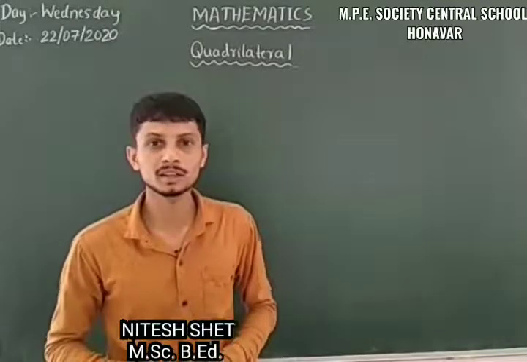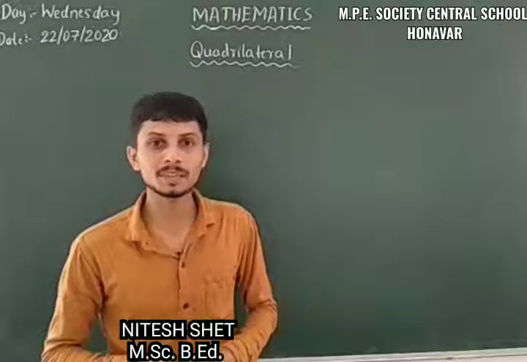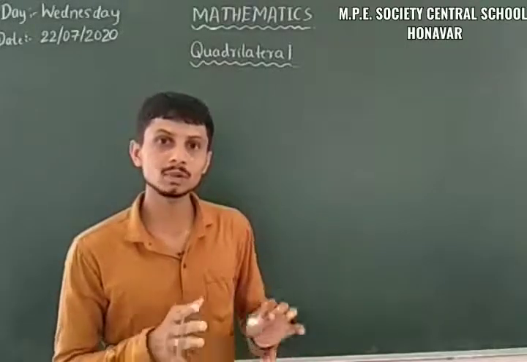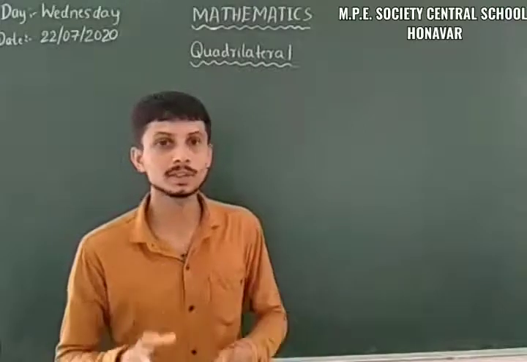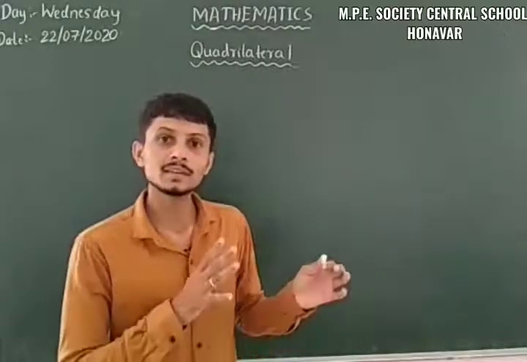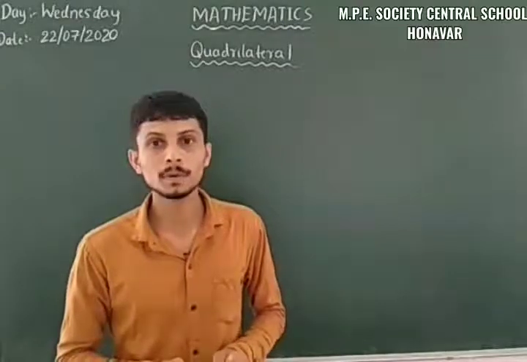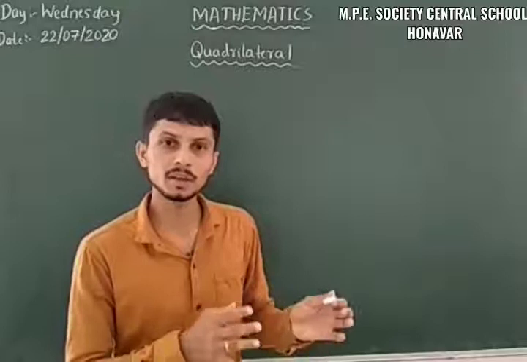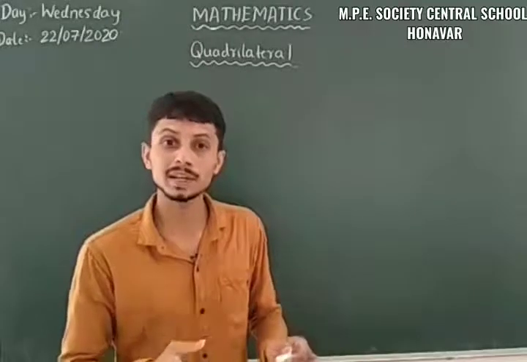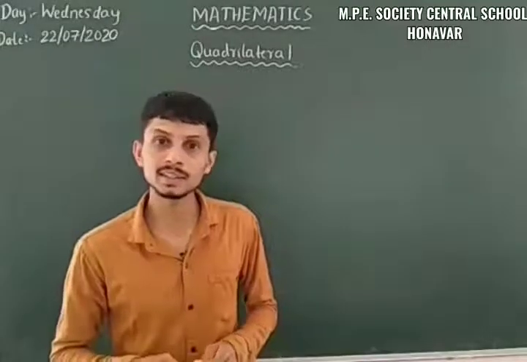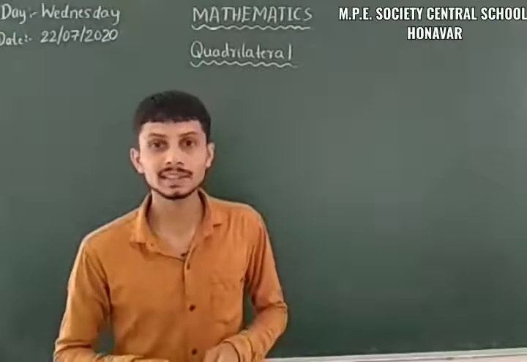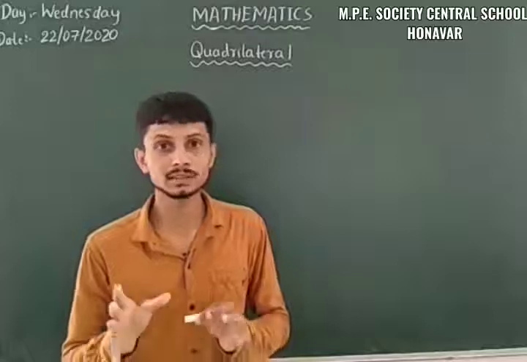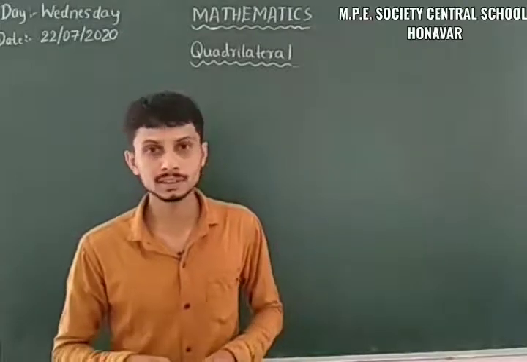I am from Annavara. So last class we discussed a topic from 8th standard, that is quadrilateral. In quadrilateral we already discussed some of the polygons, the elements of polygons, and the angle sum property of quadrilateral and some of the polygons. In angle sum property we discussed interior angles. The sum of interior angles of a quadrilateral is 360 degrees, and the sum of the exterior angles of any polygon is 360 degrees. Sum means addition.